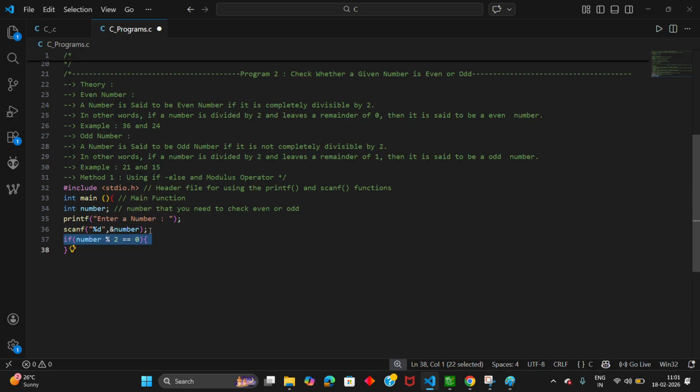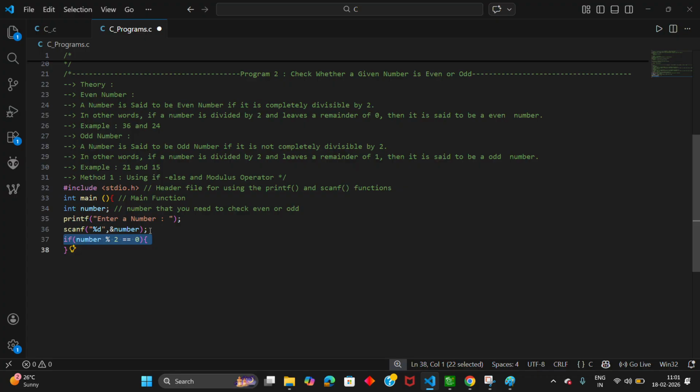Next, now we are going to check the logic. We have taken the number from the user. Now we are going to use an if else condition, in which we use the first if condition. In the parentheses we specify the condition, that is number %2 equal to 0.